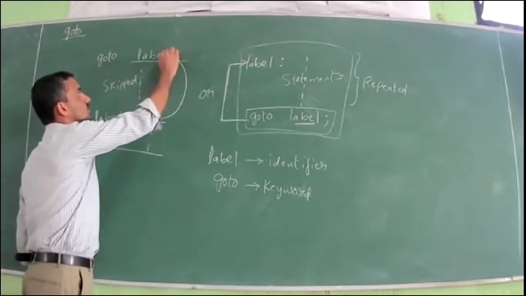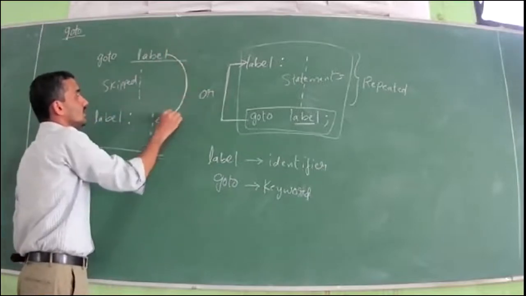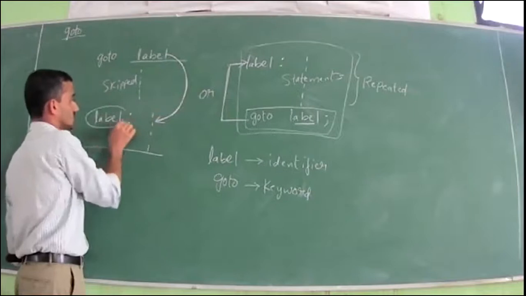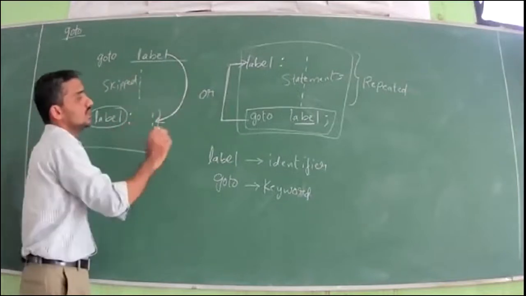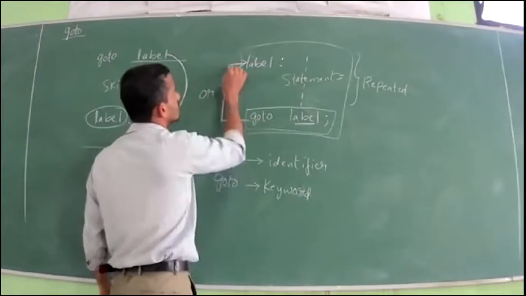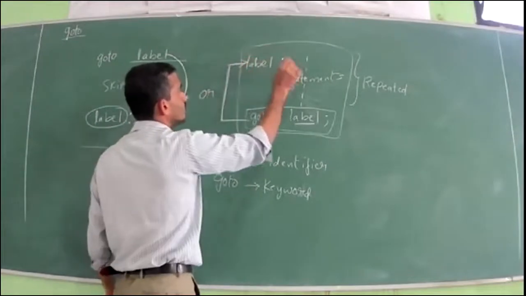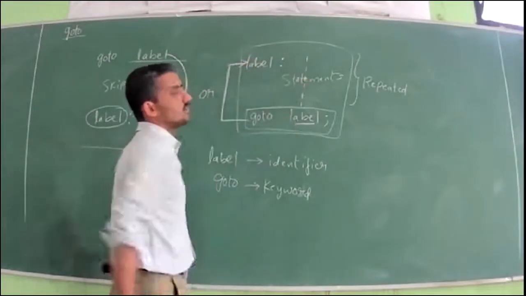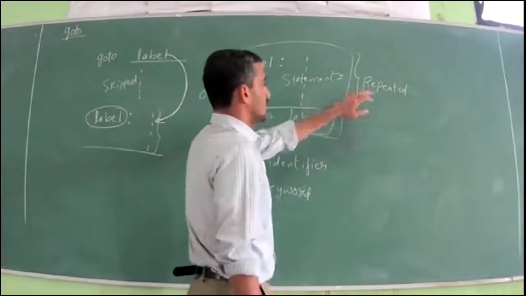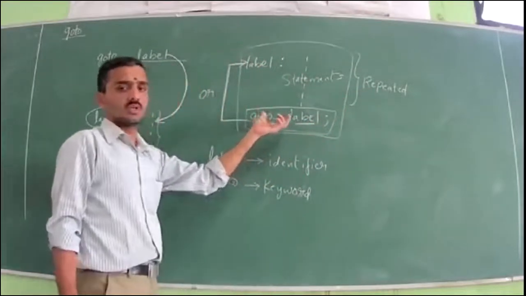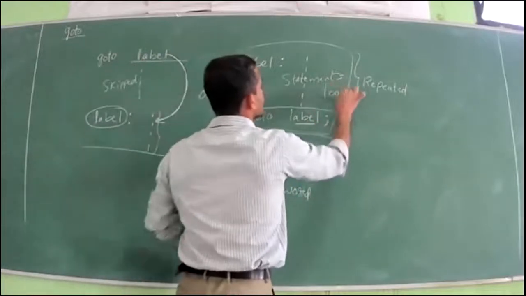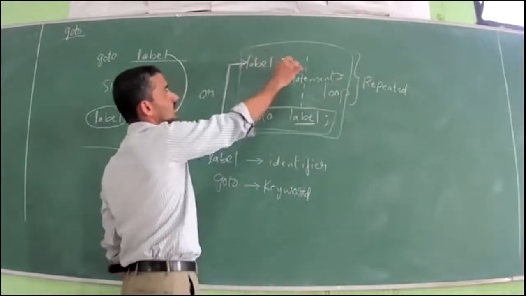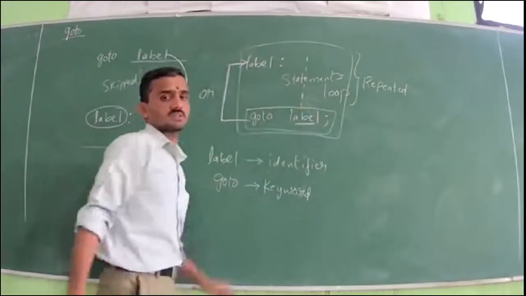There is a transfer of program control from this line to wherever it finds this place, that is the label, and these statements are executed, skipping these statements. Here also the program control will be transferred back to the label, and these statements are executed many number of times. That means it is repeated. So here you have to use the condition to break this loop. So this acts like a loop, because program control will be transferred back and statements are executed.